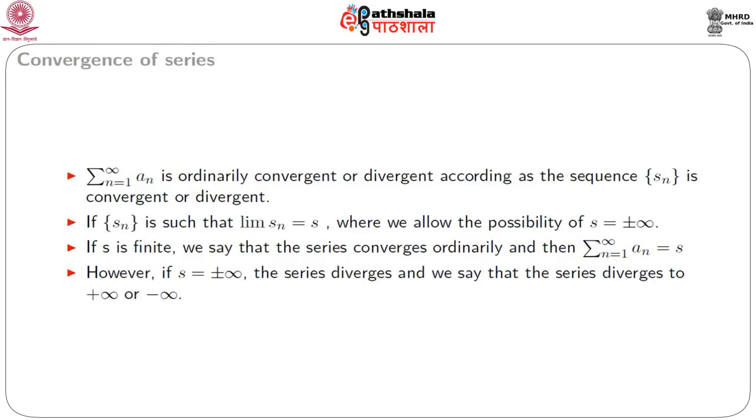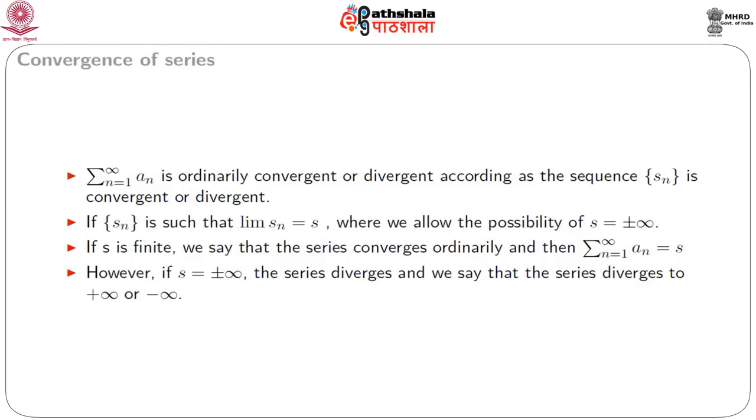Therefore, the convergence or divergence of a series boils down to that of a sequence, in particular a sequence of partial sums. If the sequence of partial sums Sn is such that the limit of Sn exists, with limit of Sn as s, where we allow the possibility of s as plus or minus infinity,